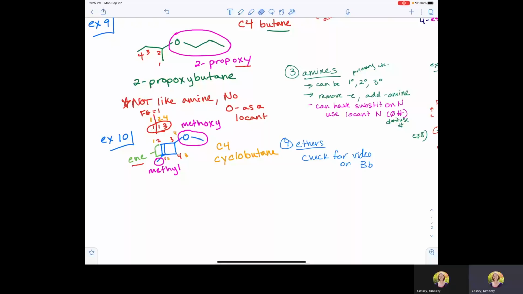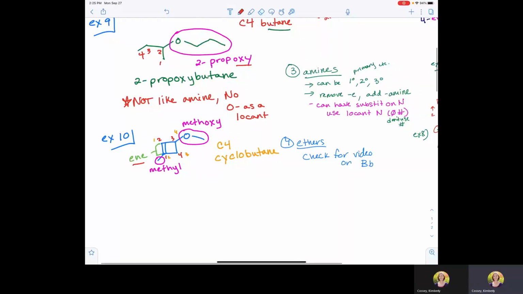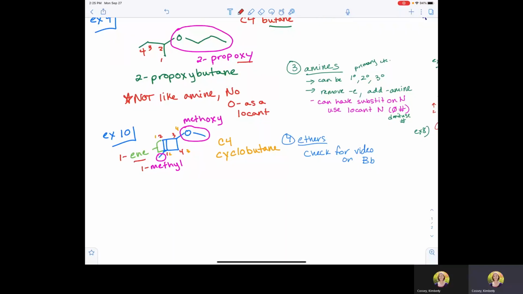Okay, so I'm going to put those numbers on here. Maybe I'll erase that because it's getting a little crowded. Okay, so this is going to be 1. This methyl is going to be 1. And this methoxy is going to be 3. And then I will alphabetize them. So they both start with M. So then that means that if we go all the way to the end, the O comes before Y. So I'll do that one first. So it'll be 3-methoxy, 1-methyl,